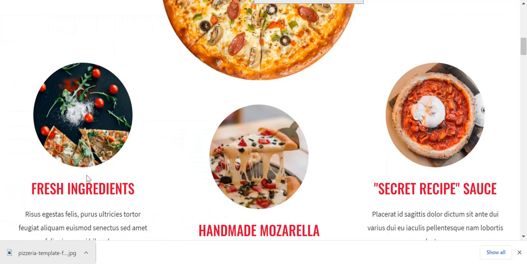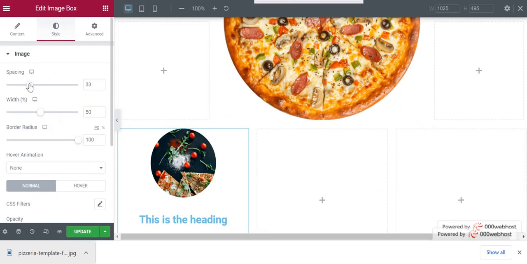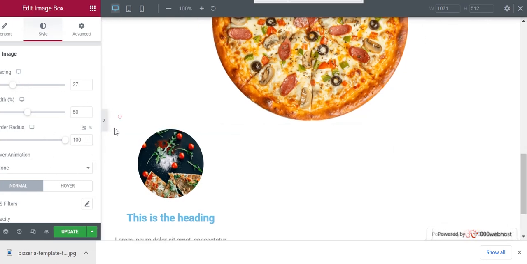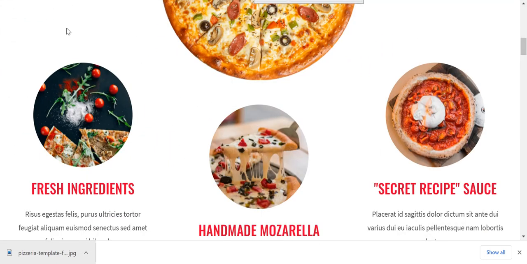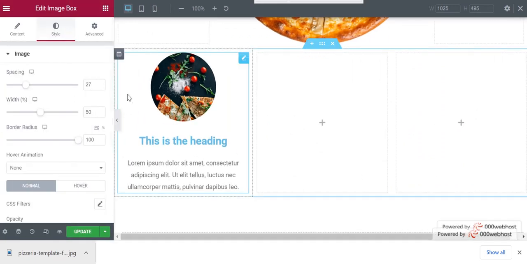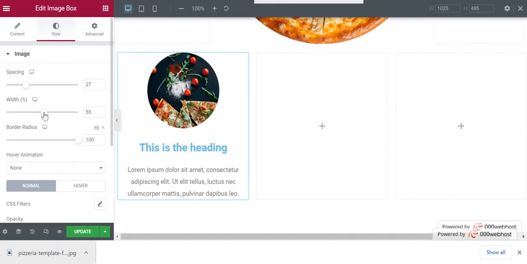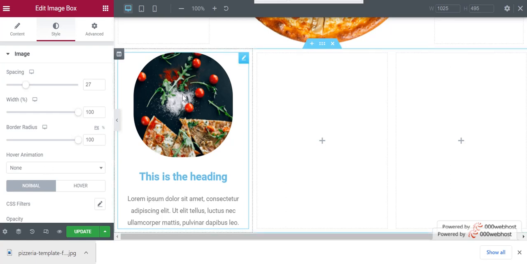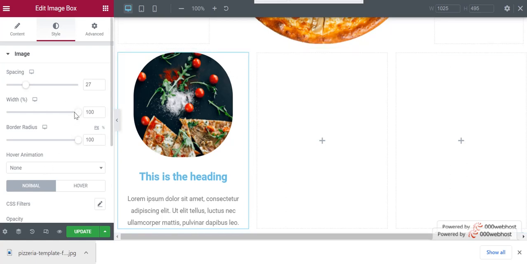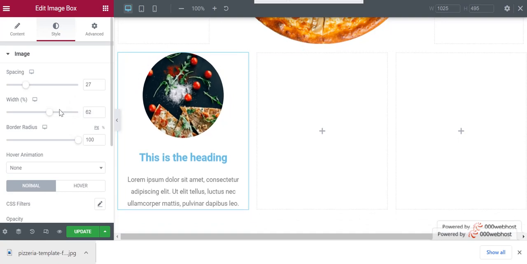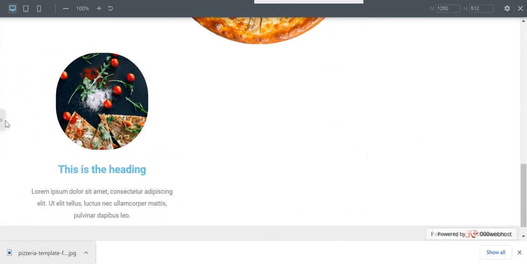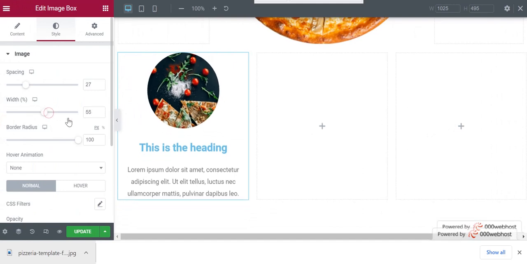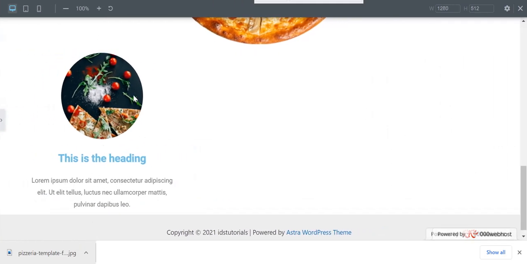Here is a little bit of space, so we will adjust it. Okay, 55 is good.